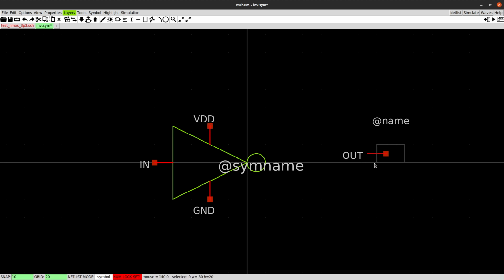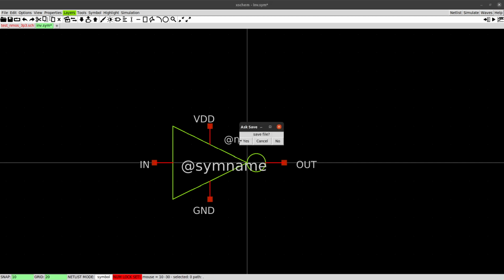Finally, this is the subcircuit name, and this is our device name. Perfect. Now we can save with Control S, yes, and we can start doing simulation by pressing this plus sign